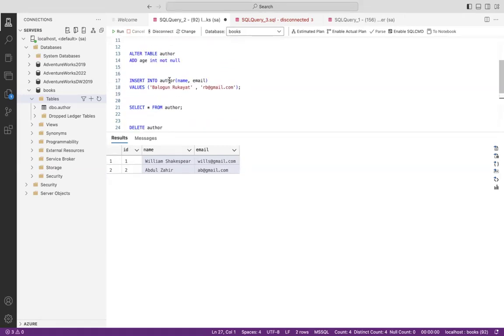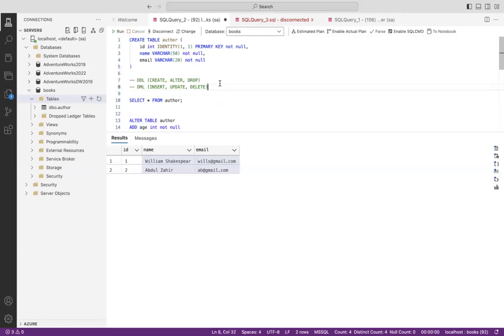So that being said, we have talked about data definition language, which is how to use create, alter, and drop. We've also talked about data manipulation language, which is how to use insert, update, and delete. The next one is DQL, which is data query language. And data query language only has one